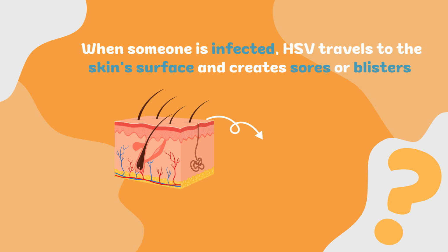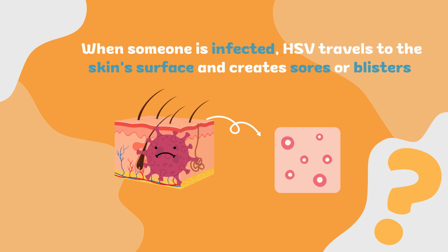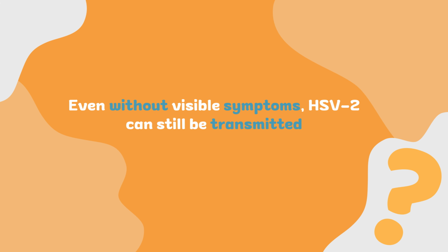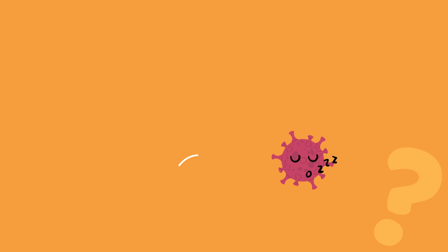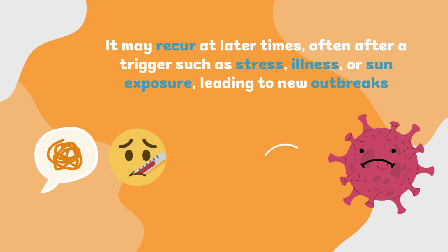When someone is infected, HSV travels to the skin surface and creates sores or blisters. Even without visible symptoms, HSV-2 can still be transmitted. After the initial outbreak, the virus retreats to the nerve cells, where it can stay dormant. It may recur at later times, often after a trigger, such as stress, illness, or sun exposure, leading to new